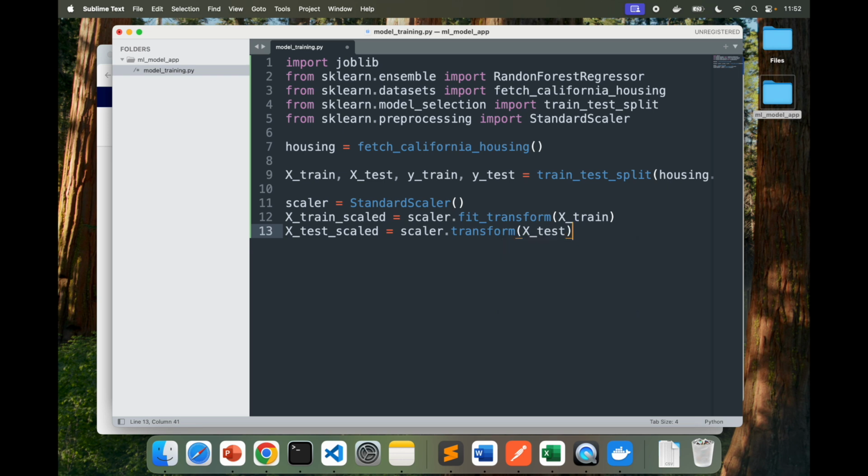So why scale the features? Scaling ensures that each feature contributes equally to the model. Without scaling, features with larger ranges like house area may dominate the learning process and distort the predictions.